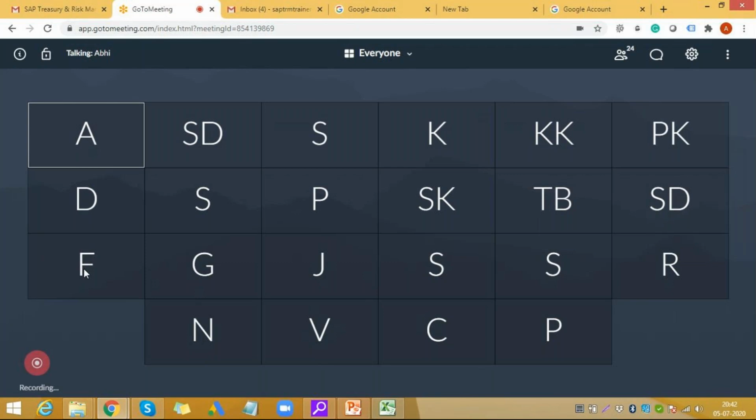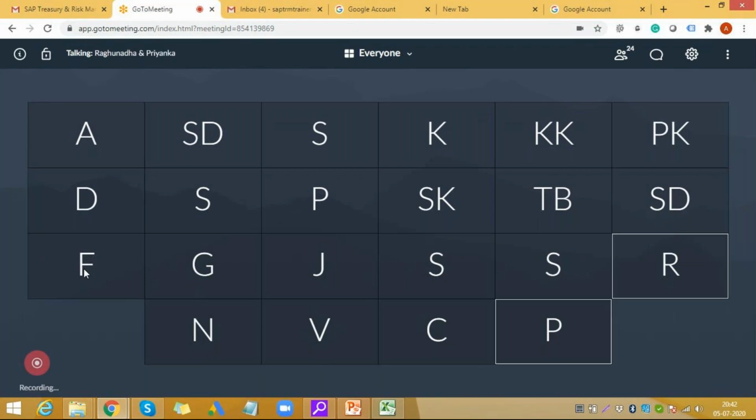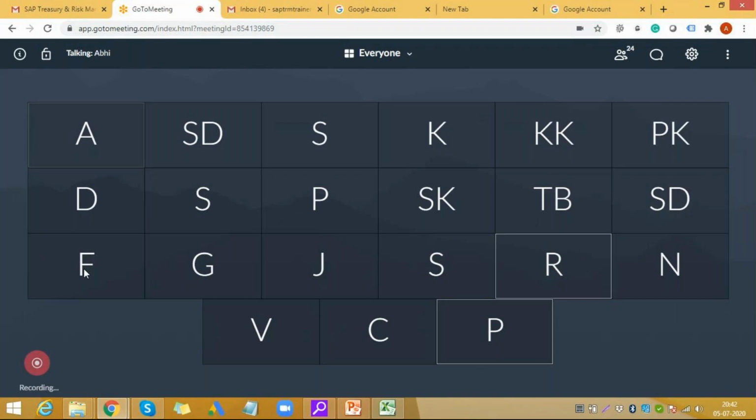Hello, question, sir: how many hours will it take to complete the sessions, Abhi? So we plan to give around 35 to 40 sessions, because each session is scheduled for 1 hour, but some sessions take 1.5 hours, and some take 1 hour 15 minutes. So we try to cover it in 35 to 40 sessions. Depending on that, the hours might vary from 45 to 50, but we try to keep it less than 50 hours, around 45 hours to be approximate.